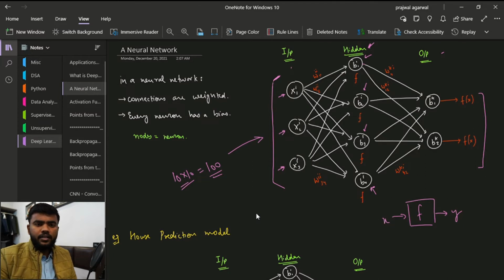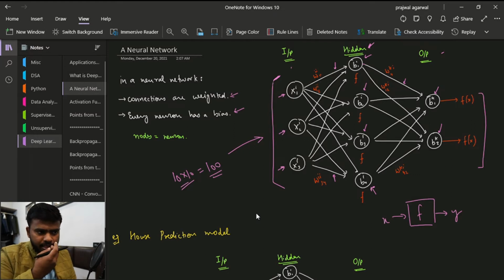Every node is called a neuron, by the way. So every neuron except the input neurons has some sort of bias. The B that I have written everywhere is the bias, so every neuron has some bias. And every connection has some weight. All the connections that we have, this is a connection, this is a connection, this is a connection, all have some weight associated with them. We will discuss more about weights and biases at a later point in this course. It's not something rocket science, you will understand it.